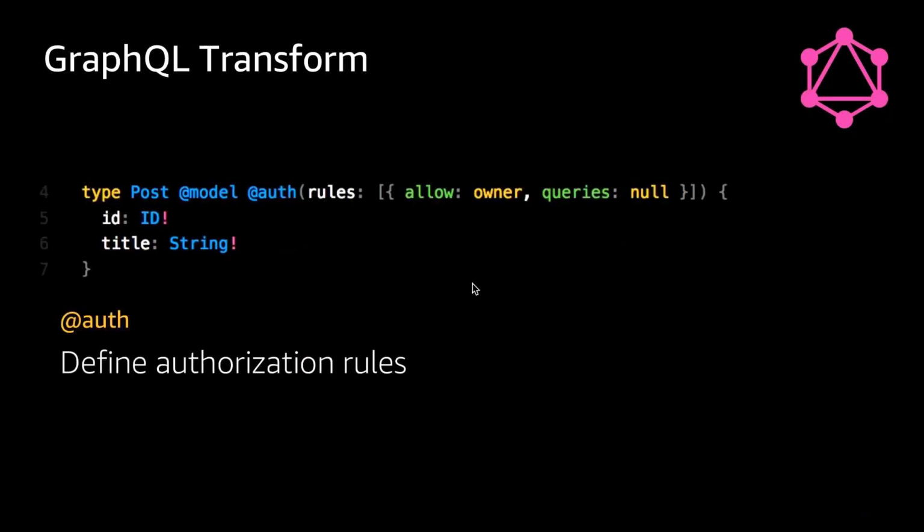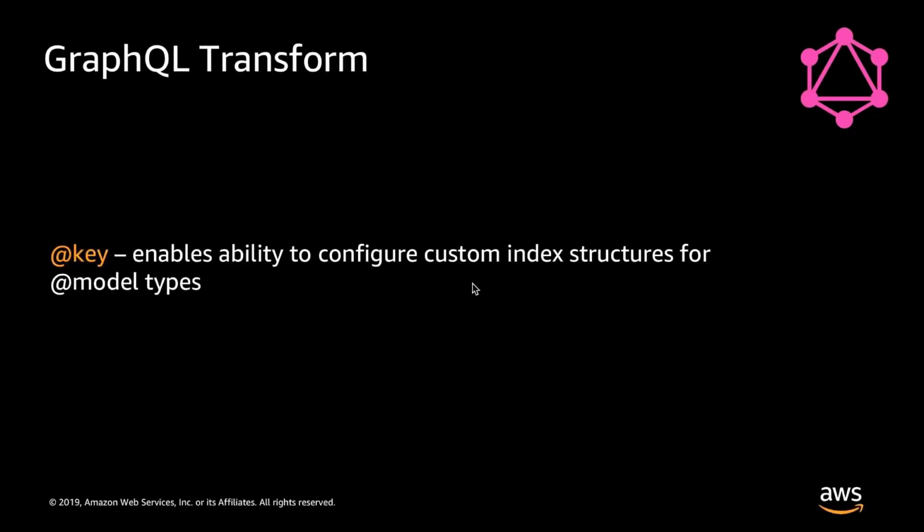So at auth, there are quite a few different ways that you can configure this. If you check out our documentation, you can get pretty in-depth with how you can model your data here. But essentially, it allows you to define authorization rules. And then the last one we're going to take a look at before we actually build out our application is